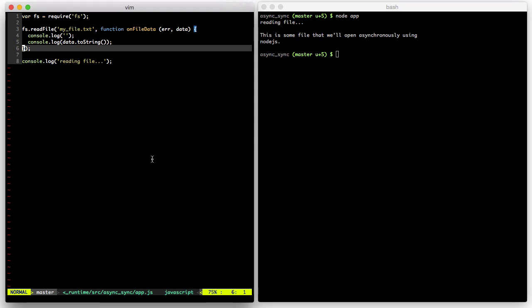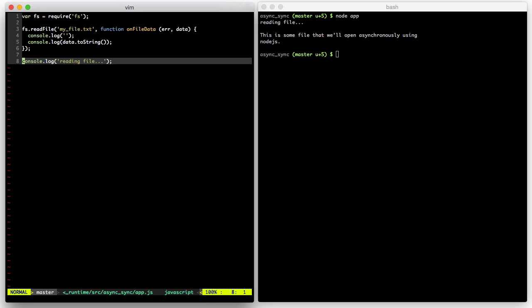Now, one thing that has confused me in the past is knowing whether something is going to execute immediately or whether it'll be put on the task queue for execution later. So in this case, this function is going to be executed later, and then this function will be executed right away. But let's just say